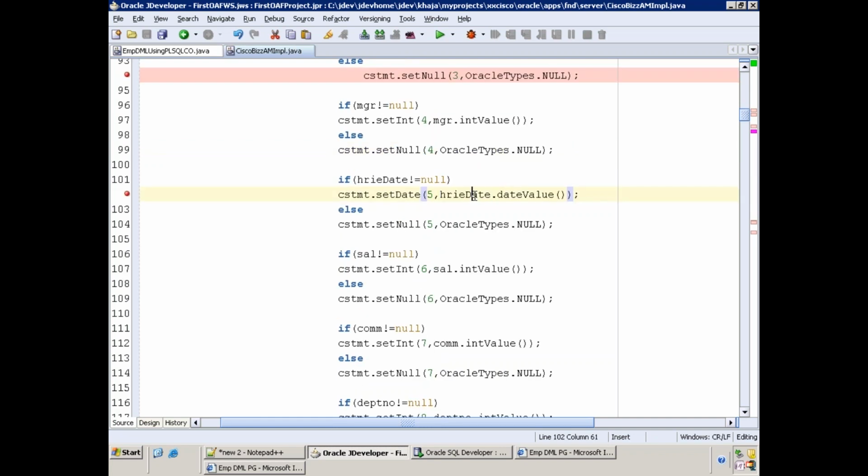This particular date belongs to the oracle.jbo domain data type, and there is a method called date value, because PL SQL requires the date in an appropriate format. Java will have a different format, but here we do not need to convert any formats. Simply call the set date method and pass your date dot date value, which will return the format PL SQL requires.